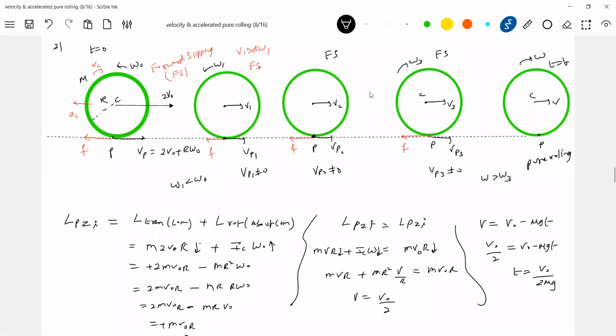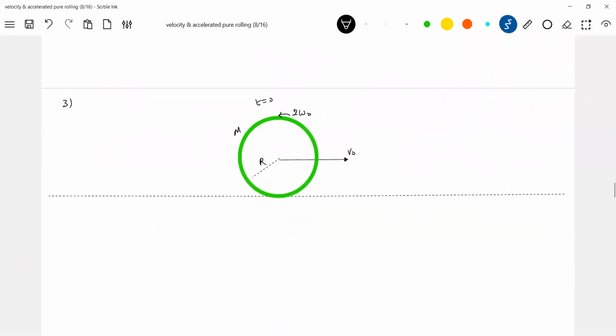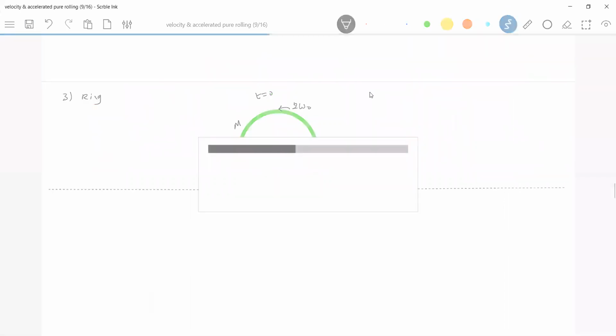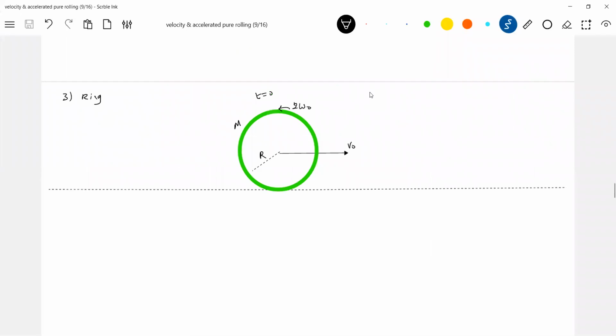Okay, fine. Before entering the problem, check what the spin and linear velocity given are. If L_PZ initial is clockwise, in the direction of the angular momentum of translating motion, in that direction the body will attain pure rolling. Okay, let's take the next condition. Try to see this. Again, it's a ring, but you can do it for any rigid body. I just picked up the ring. Look at the spin. The spin is given